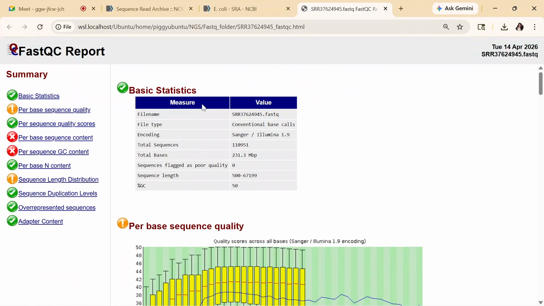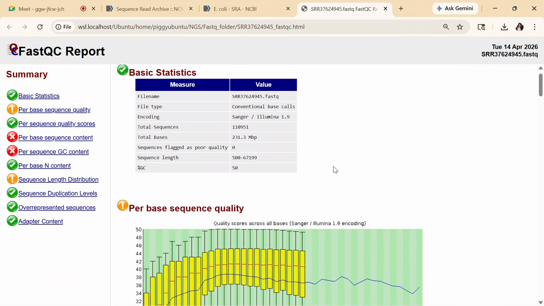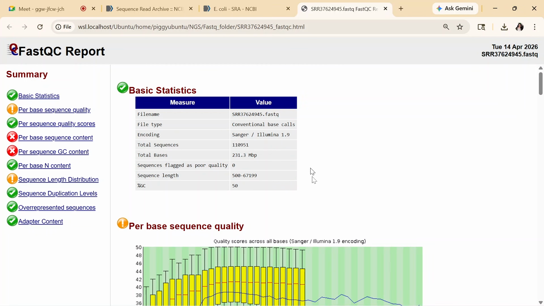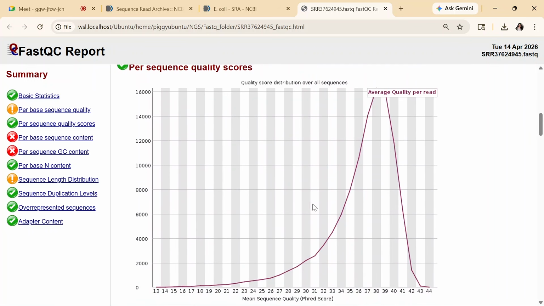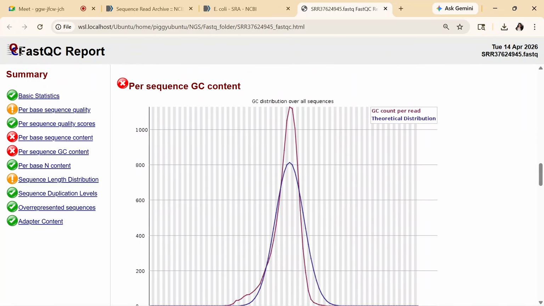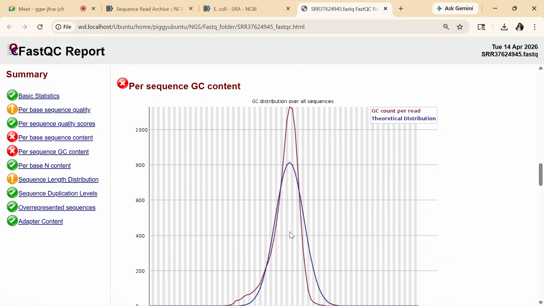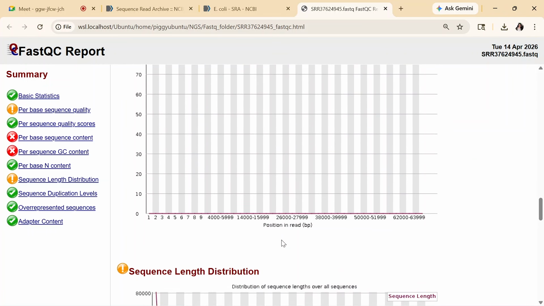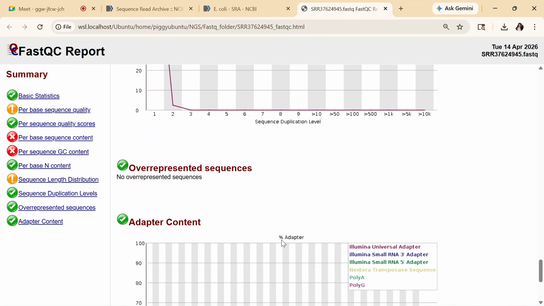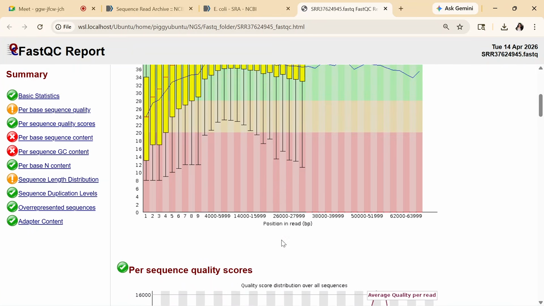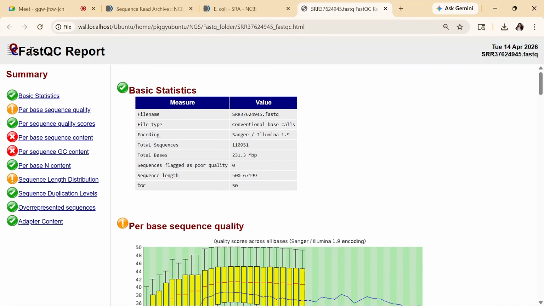Let's open this file. Now, this is the file, okay? It is an HTML document. So here, what are we seeing? We are seeing all the graphs. What is it? It is a FastQC report. The tool that we ran here, we used the FastQC tool upon our FastQ file. It analyzed our complete file and generated the report in the form of graphs. So here we are seeing all the graphs, all the data. This is the actual report, the FastQC report.